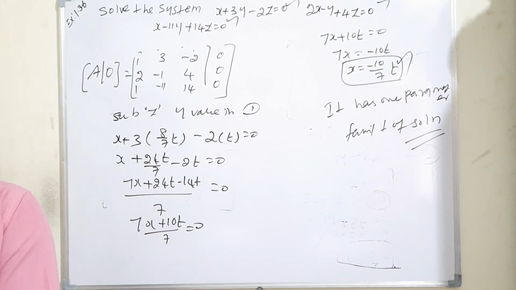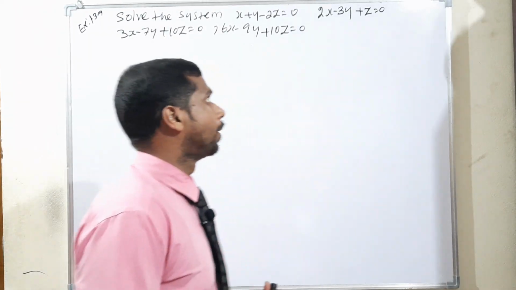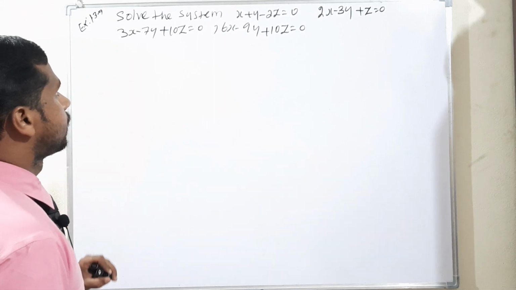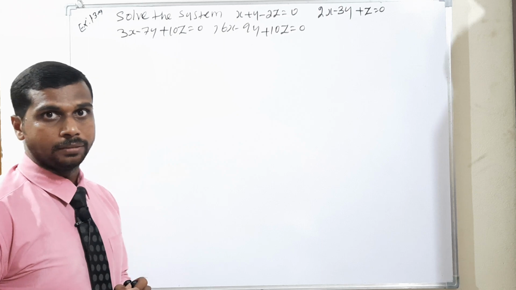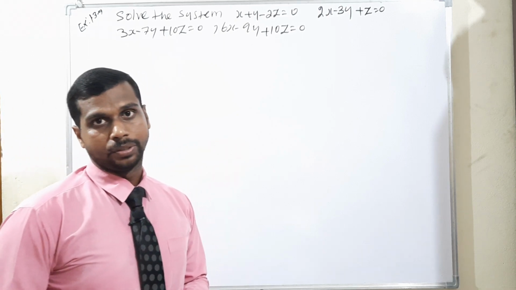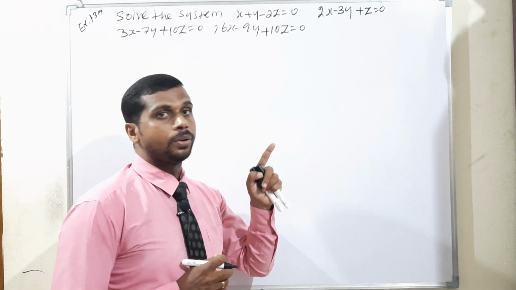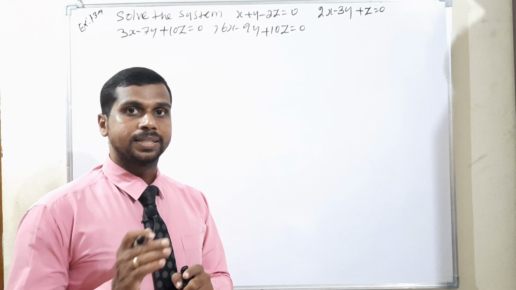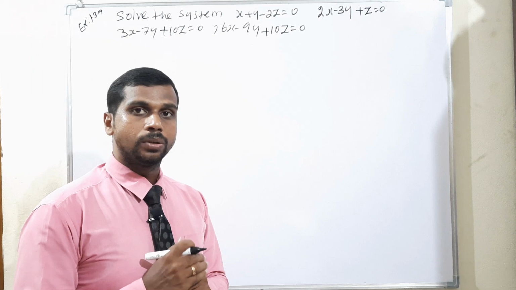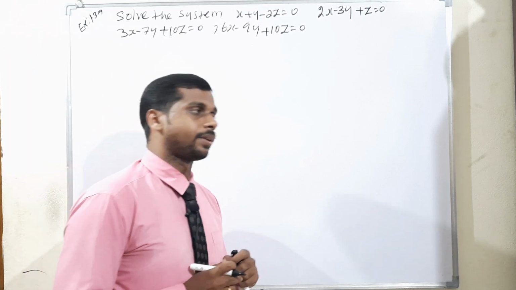Example 1.37, isn't it? I am moving on to continue with example 1.37. So solve this system. They have given 4 equations. First, we have to check whether it's a trivial solution or a non-trivial solution. Already you know, trivial solution means first the determinant value is not equal to 0, which means A inverse exists. That is the first condition. Then x is equal to 0, y is equal to 0, z is equal to 0